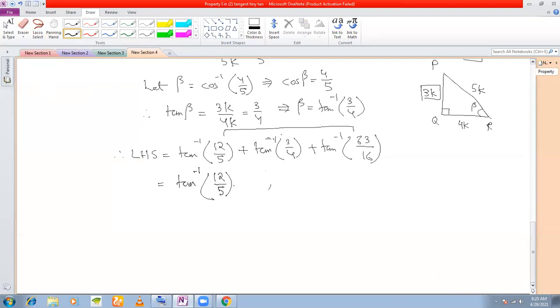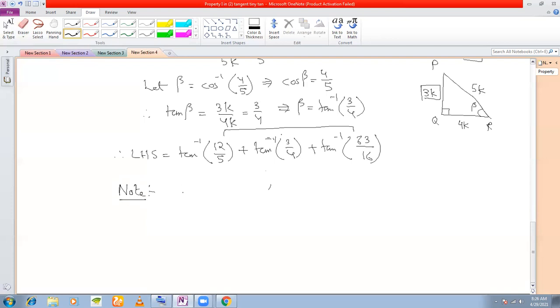Then if this problem is coming, we have to use the other formula where 1 minus xy is less than 0. But that is not in our syllabus. But we can combine second and third. Second and third, no, even then. So actually what happens is, I have not stated the result, but anyway, it should come.